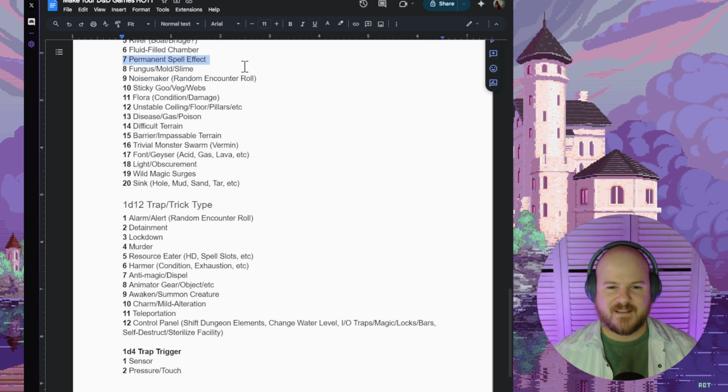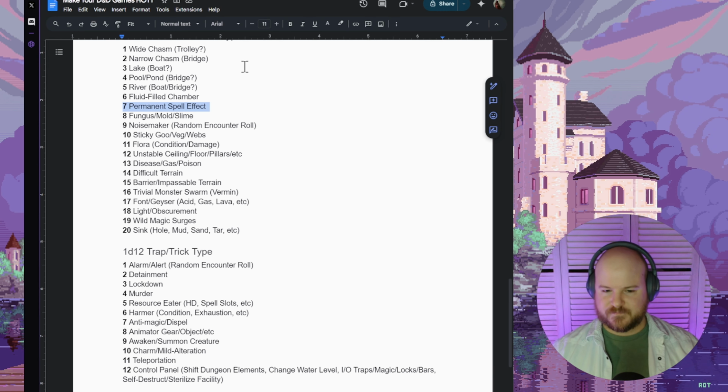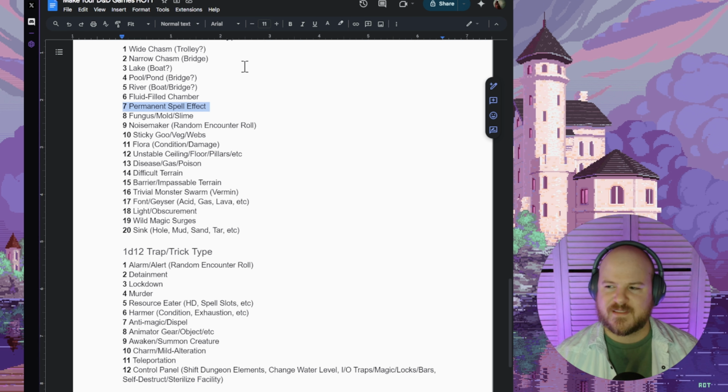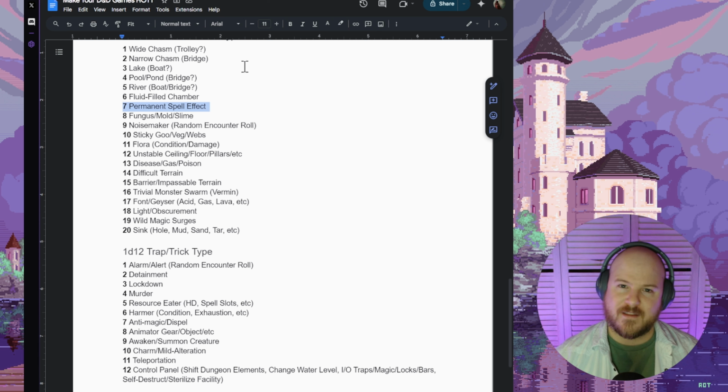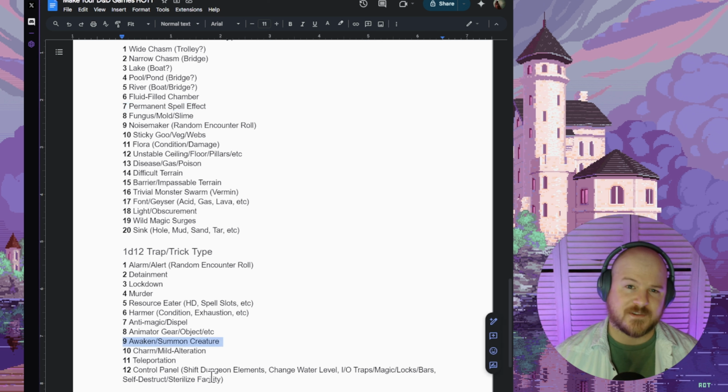Let's go ahead and hop down to Traps and Tricks. So Traps and Tricks have a little bit more to them, but this one's only a D12 table because as I was trying to go through it, there's so many traps, and the traps tend to make other sorts of challenges. We've got one down in here, number 9, where the point of the trap is that it awakens or summons a creature, and so it just makes a combat encounter,